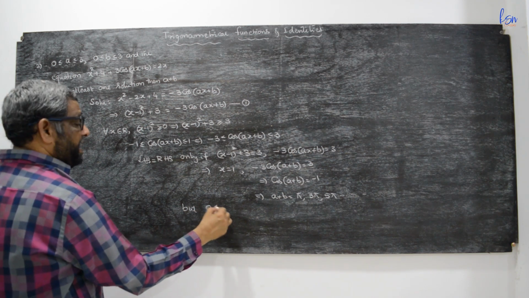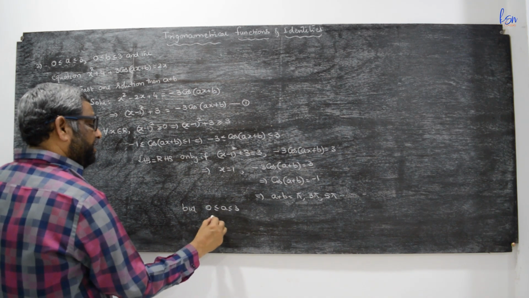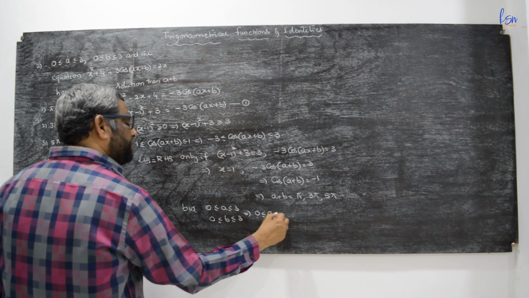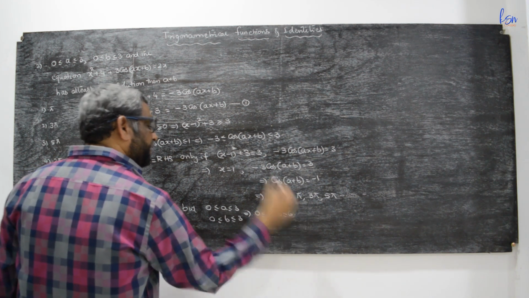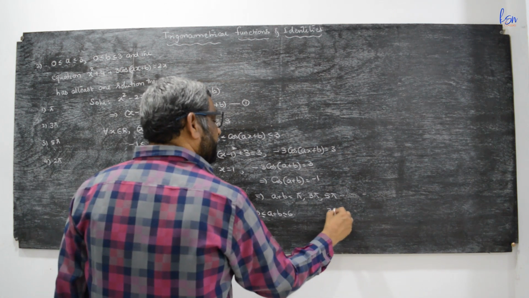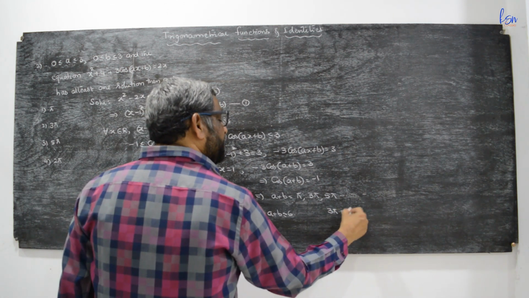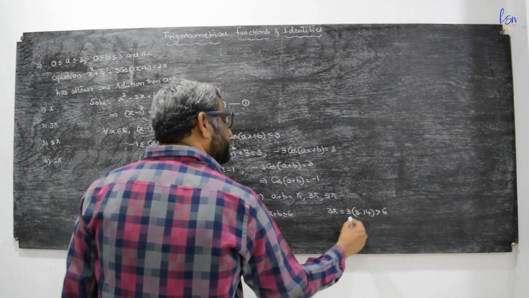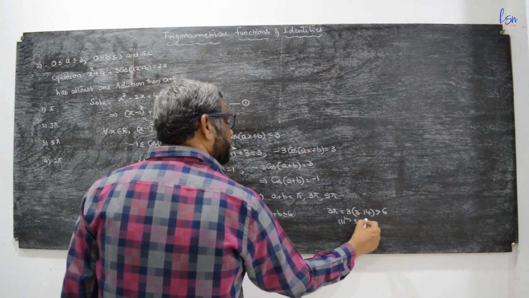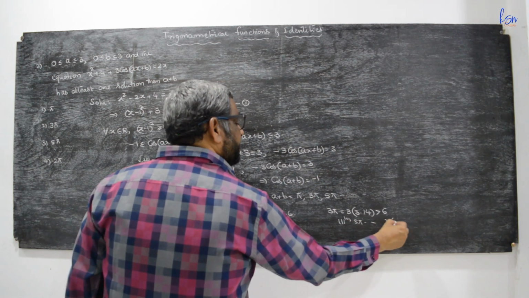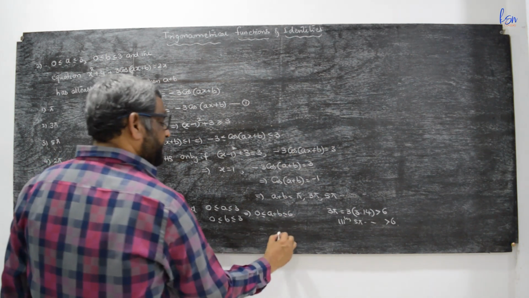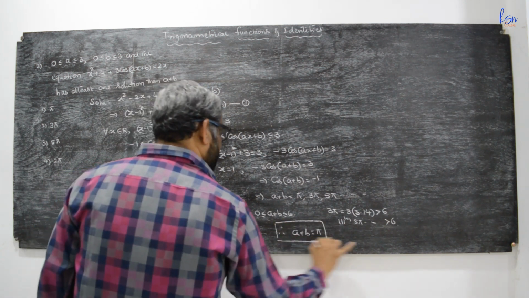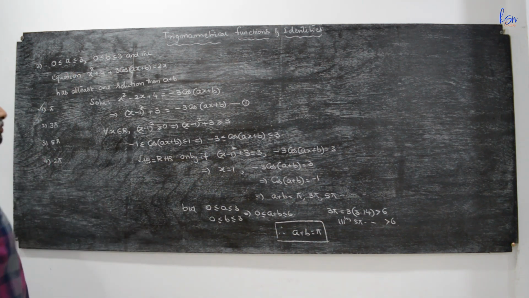But 0 less than or equal to a less than or equal to 3, 0 less than or equal to b less than or equal to 3 implies 0 less than or equal to a plus b less than or equal to 6. Here 3 pi is equal to 3 into 3.14 approximately, which is greater than 6. Similarly 5 pi and so on are also greater than 6. Therefore a plus b is equal to pi is the only answer. So a plus b equal to pi, so the result is 1.